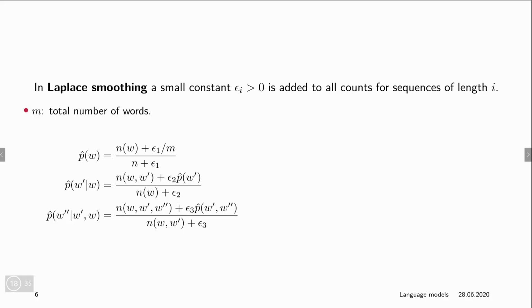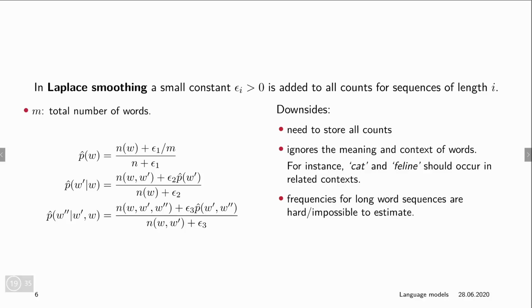Similarly, for a third word following the sequence w' and w, the probability is the number of times we see the whole sequence w', w'', plus e3 times p of w'', divided by the sequence that we are conditioning on, w', plus e3. So by adding these small constants, we deal with the fact that sometimes these counts are 0, for very rare or longer